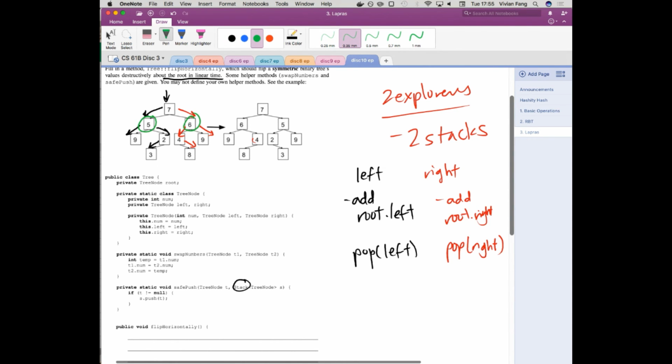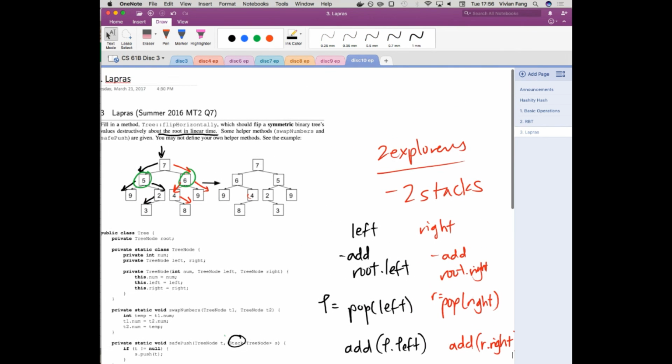Yeah? And then now they have to start exploring in opposite directions. So we'll call this L, and then we'll call this R. Our left one has to go to the left first, right? So we want to add onto its stack the left node. But then what do we want to add to this one's stack, because they're going in opposite directions? Yeah, we want to add the right.